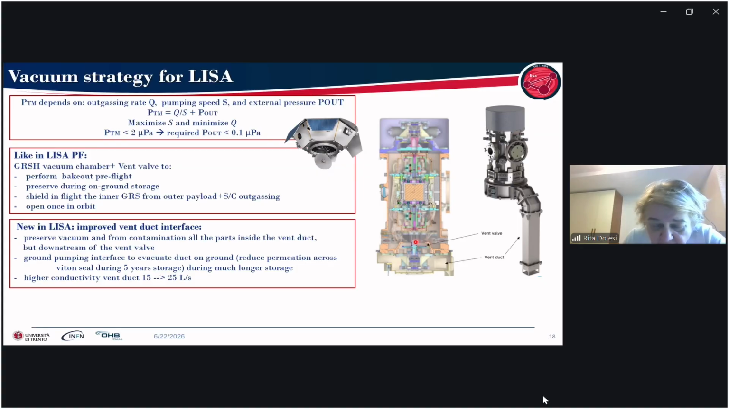Here is the vent valve. So these parts here inside this body are now in vacuum during the storage. The ground pumping interface allows us to evacuate the duct on ground, and with this we also reduce the permeation across the Viton sealing here. And in addition, we were also allowed to increase the conductivity, so to make this venting duct bigger in order to increase the